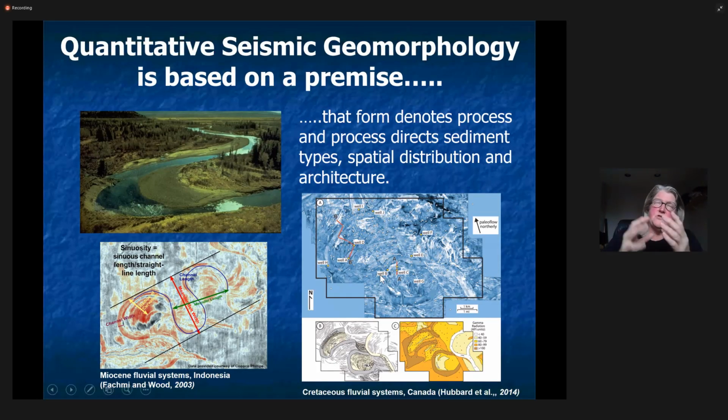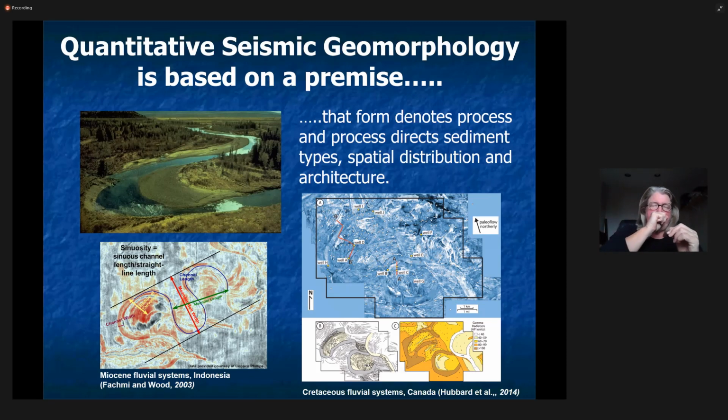These are the same geomorphic concepts and ideas that allow us to look at the images of Mars and interpret, just based upon form, the processes that are going on on Mars. Now, of course, we have these beautiful images that are coming back showing these amazing clinoforms, topsets, foresets, and toesets of these sort of lacustrine clinoforms. But before, and right now in the exploration of other planets, all we have are images, right?